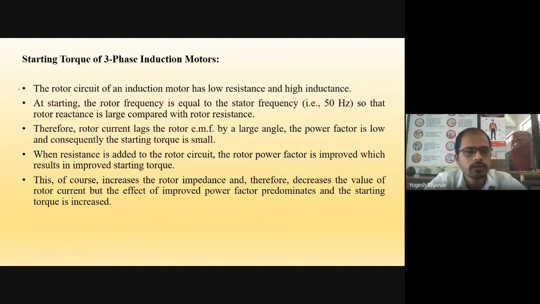Look at, if we see the rotor circuit, there will be a low resistance but high inductance. Now if we consider the rotor, in a squirrel cage motor there are copper bars or aluminium. And if we take a slip ring induction motor, it has a winding. Right? So as there is a winding or conductors, there will be low resistance but relatively high inductance.